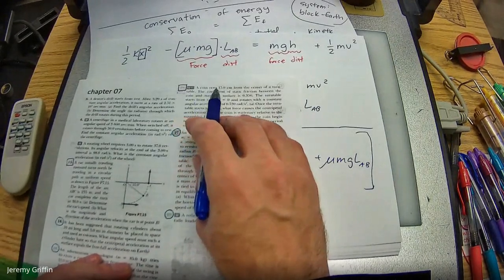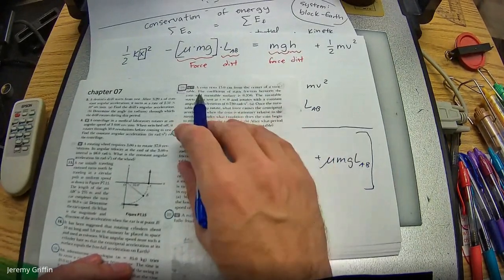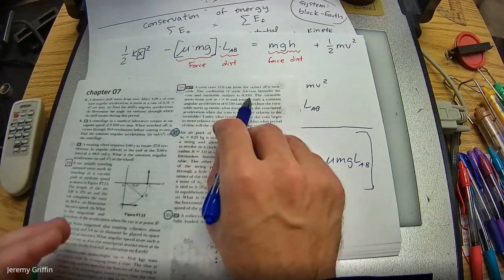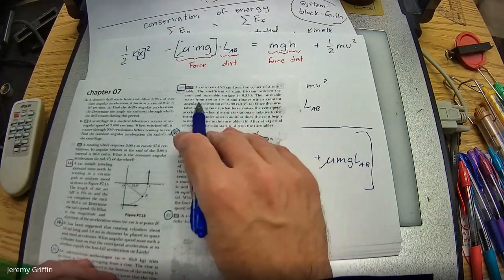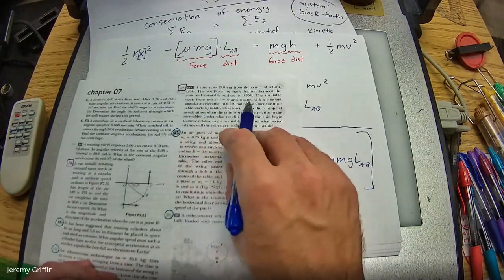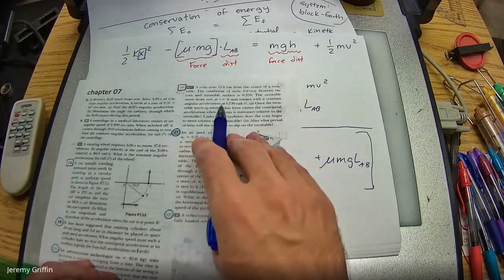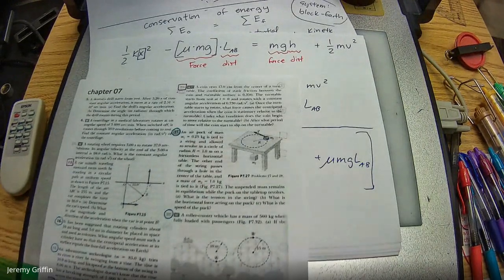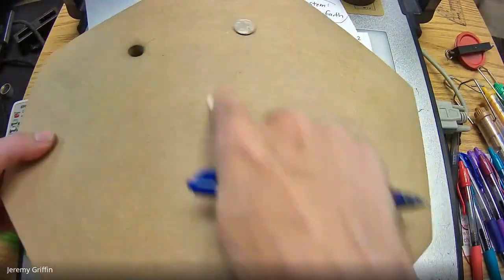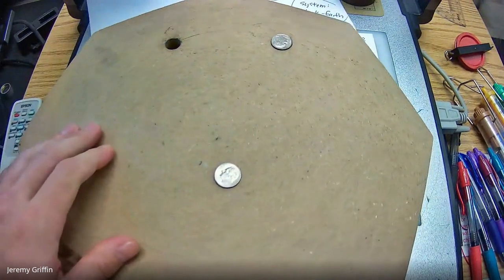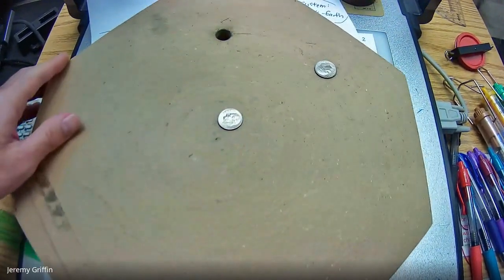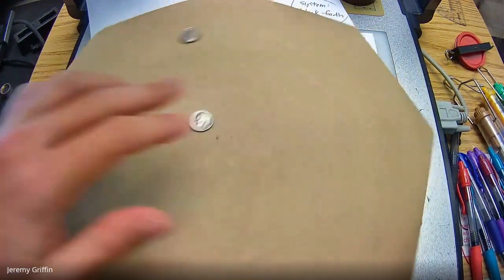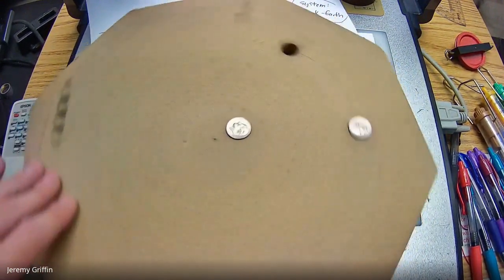It says a coin rests so many centimeters from the center of a turntable. The coefficient of static friction is some number, like 0.35 or something. The turntable starts from rest and then rotates with constant angular acceleration of some given value. You guys remember what angular acceleration is from Friday? So here's a turntable with a coin on it. This is exactly the scenario, isn't it? So this is going to start going faster, faster, faster. The rate that it's speeding up spinning is alpha. The rate it's spinning itself is called omega.